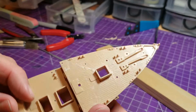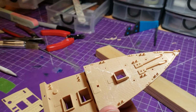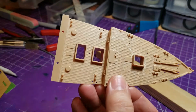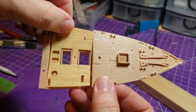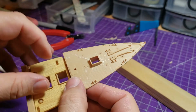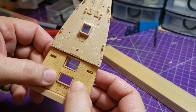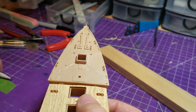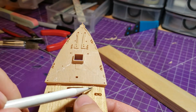Now if you look at this back piece here, it doesn't say anywhere in the instructions to cut anything off. If you look straight down on this, it should just fit right in there, no problem at all. But it doesn't. Why? Well, I will show you why. So if you start off in the back here, it fits down on here, no problem. It's easy. But if you look here, you'll see they have these little doors right here and right here. This hits that